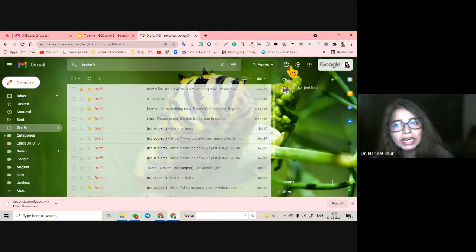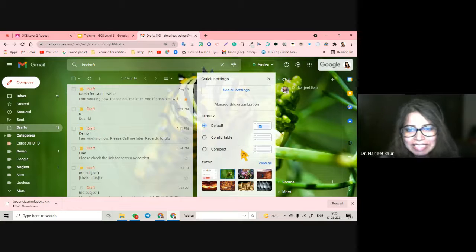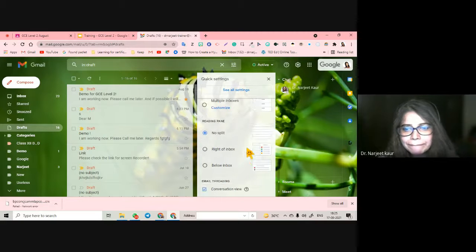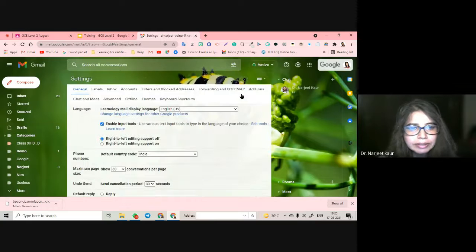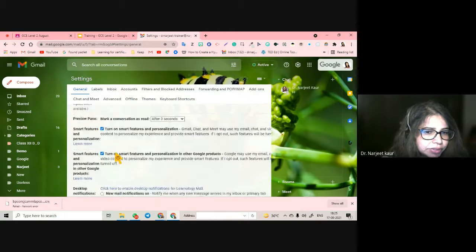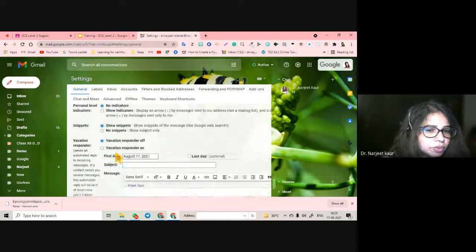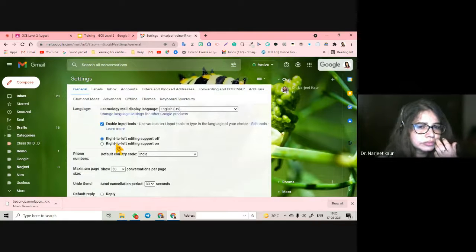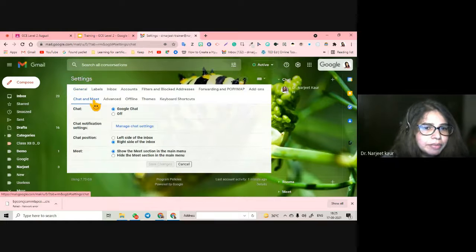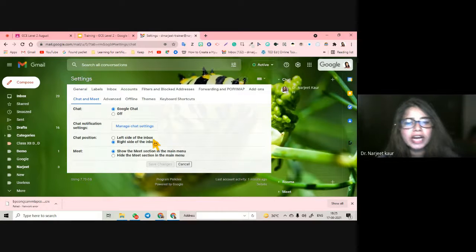And one last thing that you get tested on is chat. In the settings, the chat size, okay, where your chat is going to be. Yeah, here in chat and meet, which side is the chat going to be? Right side of the inbox or left side of the inbox?